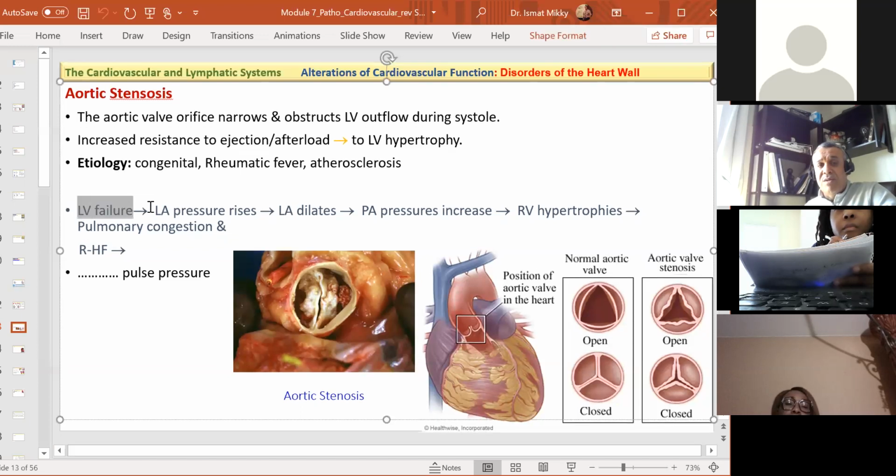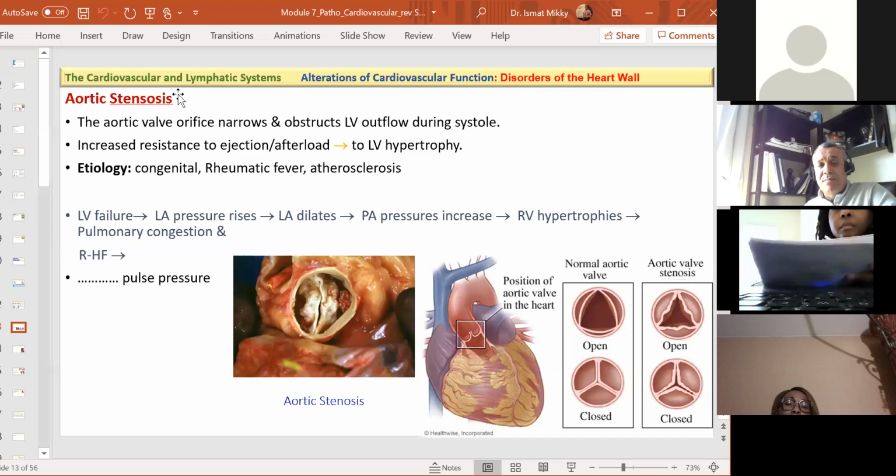The left ventricular failure will result in pressure in the atria because it's not pumping the blood out, so the blood is backing up to the atria, right? Actually, it's not backing up. This is aortic stenosis. There's no backup of blood in the atria, but the hemodynamics means any pressure in one